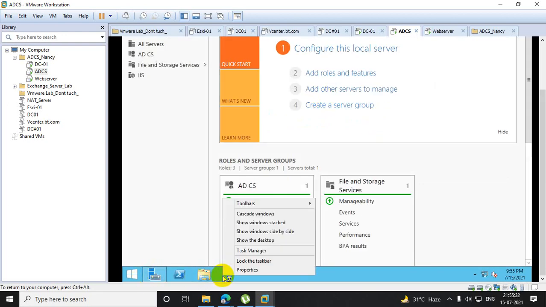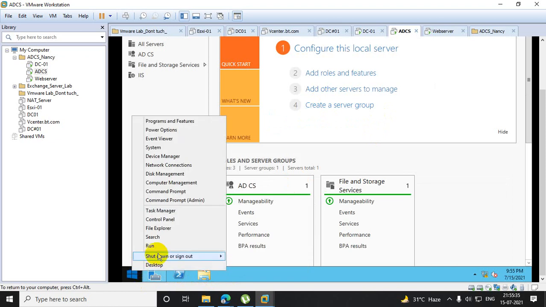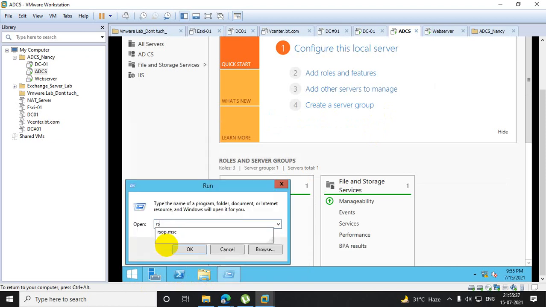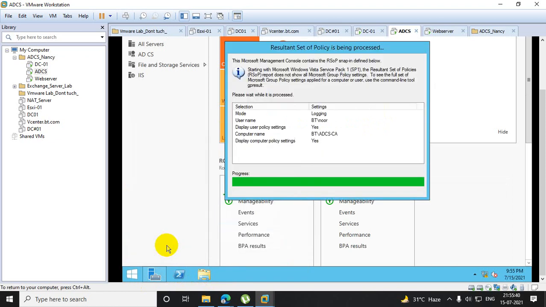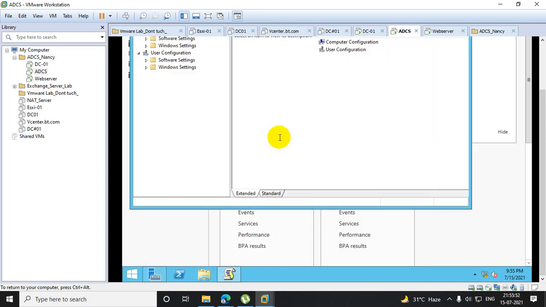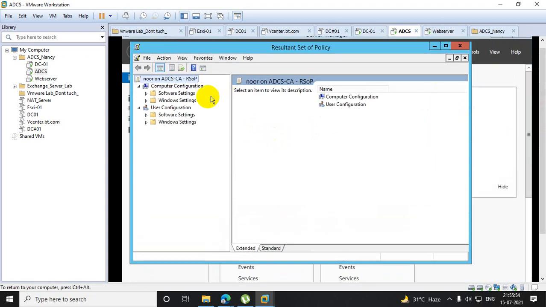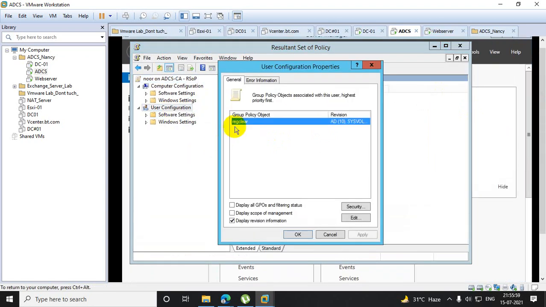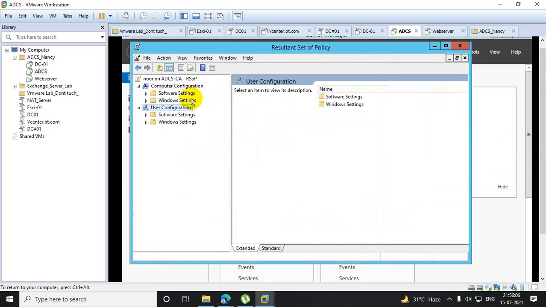So if I go to RSOP, see, as I told, RG clear is the user policy that is applying, and let's see the computer policy.